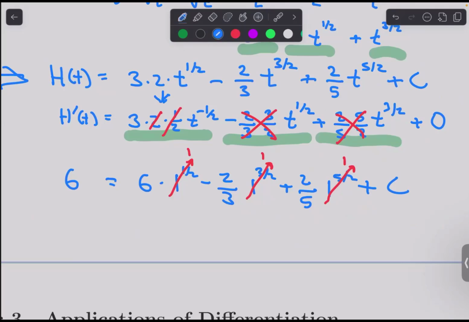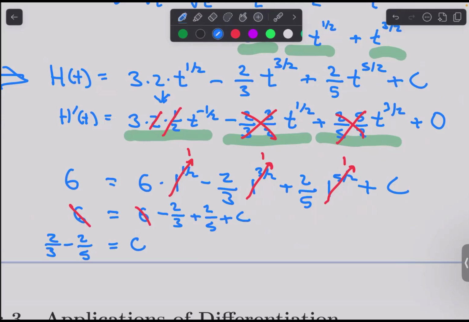And so we're going to get that my equation becomes 6 minus 2/3 plus 2/5 plus c, again supposed to be equal to 6. I can go ahead and subtract 6 on both sides, so I get something like that. And then finally, let's go ahead and rearrange this, and I'm going to have 2/3 minus 2/5 should be equal